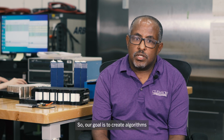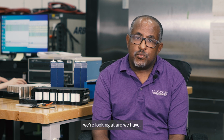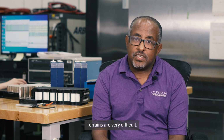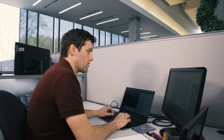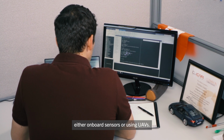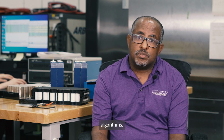So our goal is to create algorithms for efficiently managing a fleet of vehicles. The specific scenario we're looking at is a group of unmanned ground vehicles operating in off-road terrains, where terrains are very difficult, and so we come up with algorithms that accommodate the terrain, vehicle-terrain interaction, and also other information about the environment that's obtained by either onboard sensors or using UAVs, and then incorporate that model into the algorithms,